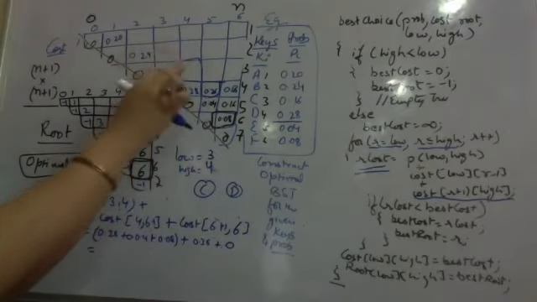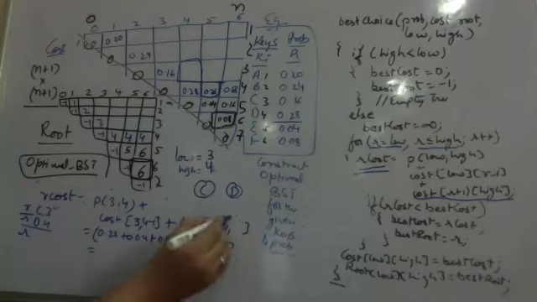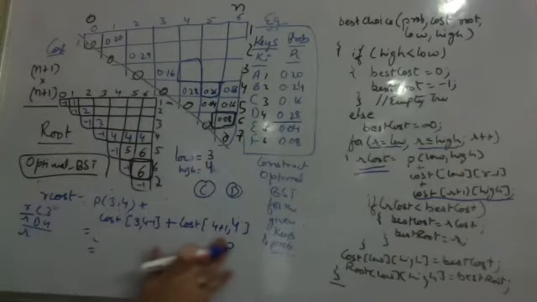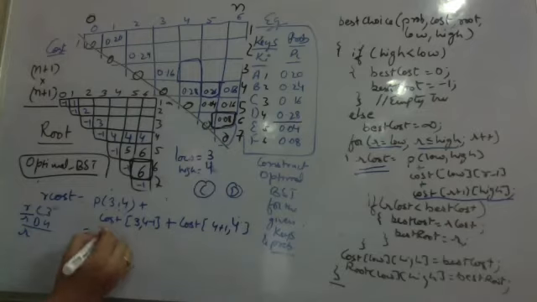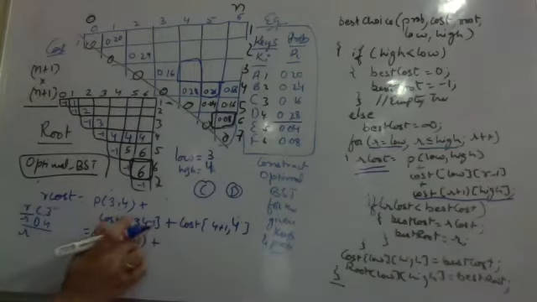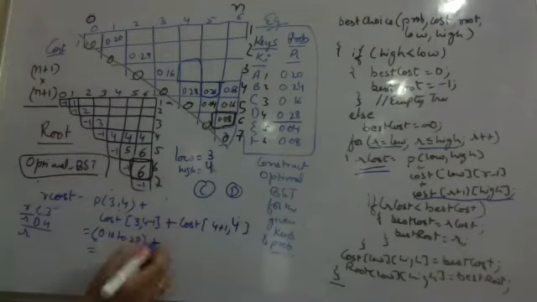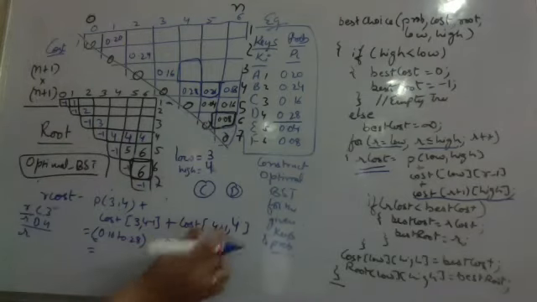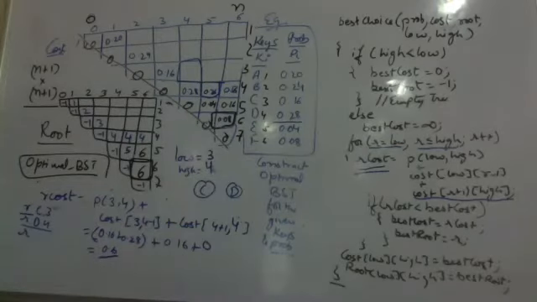So I can only calculate for root equal to 4 because I know that will give me the correct answer. So this is cost of 3, comma 4 minus 1, cost of 4 plus 1, comma 4. So this comes out to be cost of 3, comma 4 is cost of 3 plus 4, which is 0.16 plus 0.28. This is the cost of searching 3 and 4, plus cost of 3, comma 3. 3, comma 3 is 0.16 again, and 5, comma 4 is 0. So the cost here comes out to be 0.6. Is it 0.6?